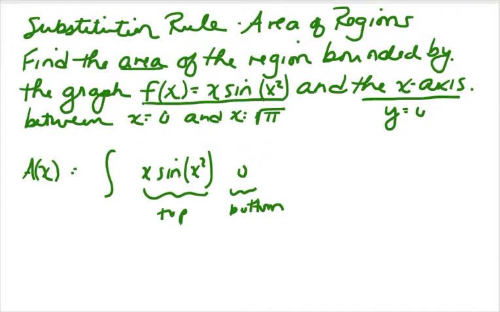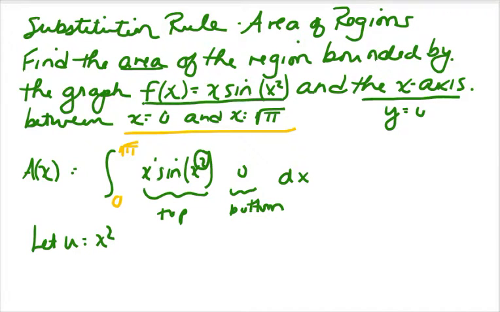The other thing that the problem gives you is the limits of integration. You want to look between x equals 0 and the square root of pi. So this is simply an integral that you need to solve. Looking at this, hopefully you see that you've got a substitution problem here. You've got a power of 2 as an argument to sine, and of course one less than that is just plain old x. So let